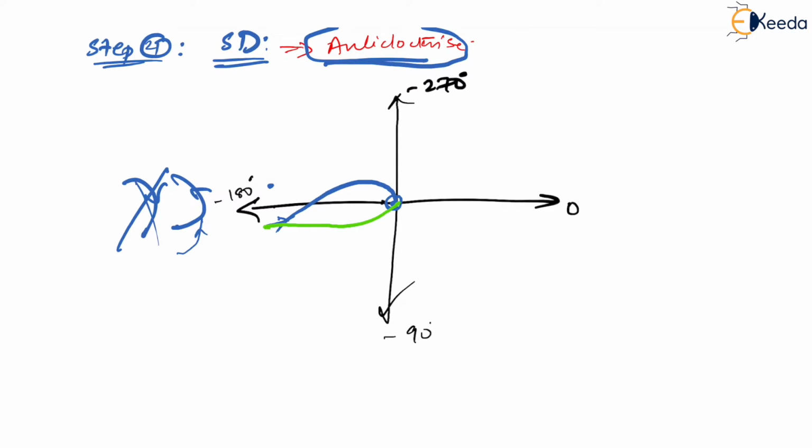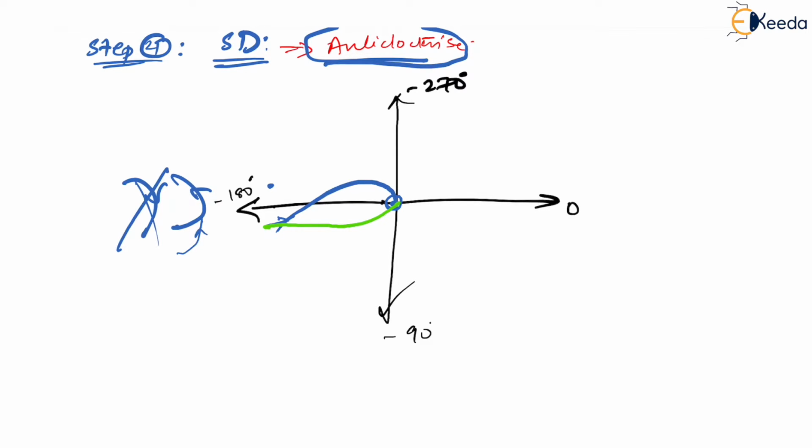Getting my point, right? Either it can go in the blue direction or it can go in the green direction, because these are the only two possibilities which can happen. Now we will see if the first possibility, the blue, is applicable or not. If you keenly observe here, you will see that there is an intersection of that particular blue plot in the minus 180 degrees axis,